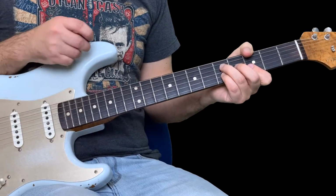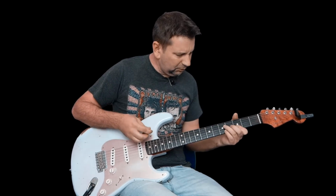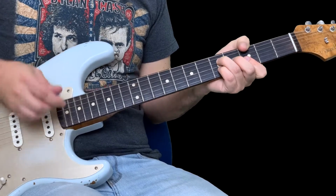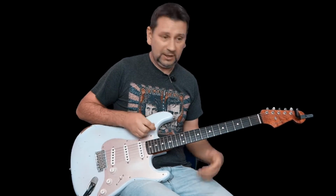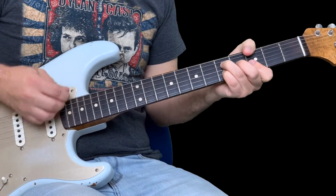Now because this is a 6 chord, it gives you the sound of a 6, which is kind of a sweet sound. Right, and we're going to use that as a kind of template, and we're going to play our licks in between that. That helps you to keep time as well. But what I'm going to do is